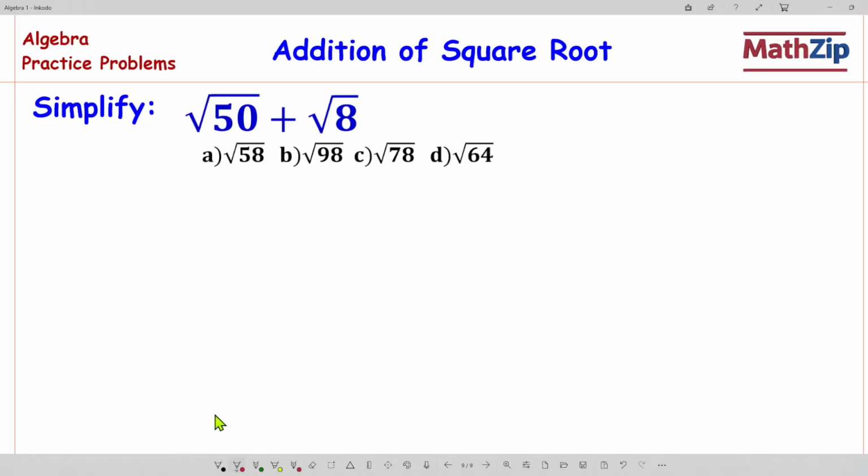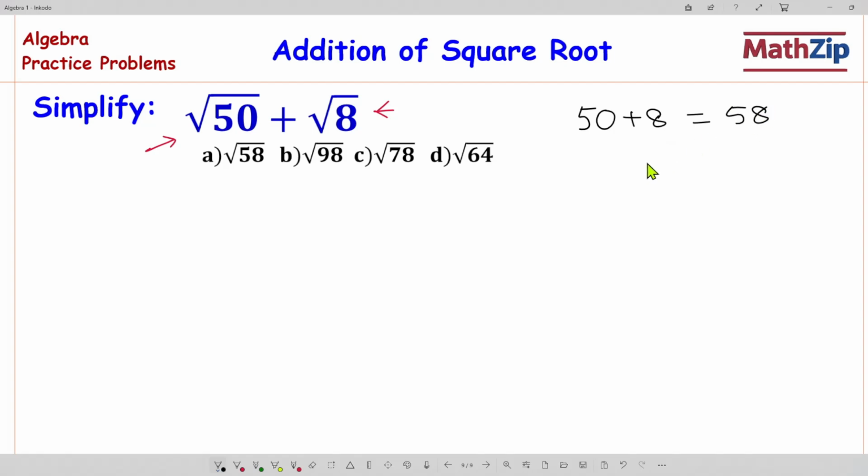We are going to simplify this expression. Here is root 50 plus root 8, and here are some options. We have to find the right one. So let's get started. Some people do this kind of math like this: we know 50 plus 8 equals